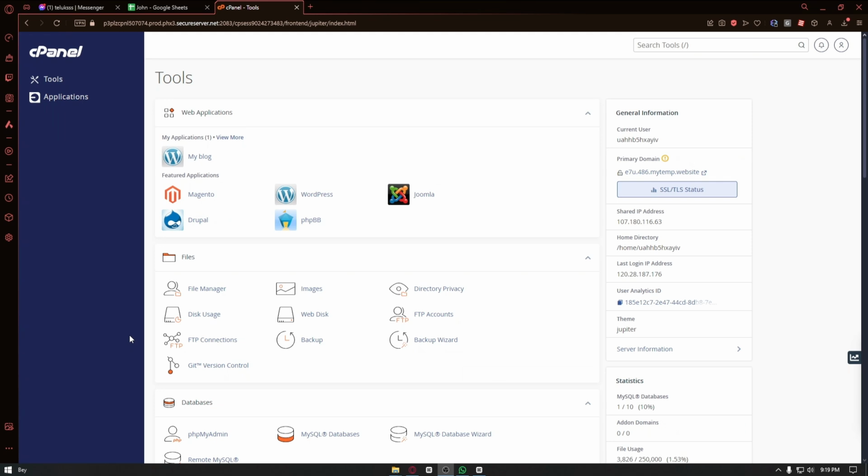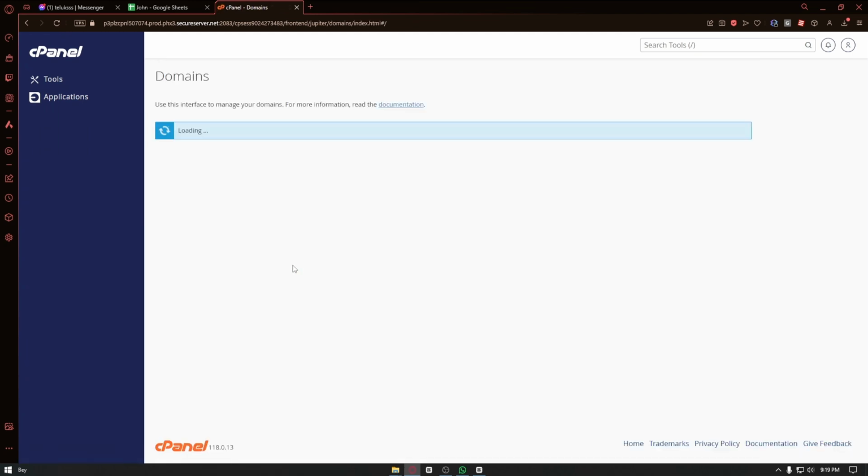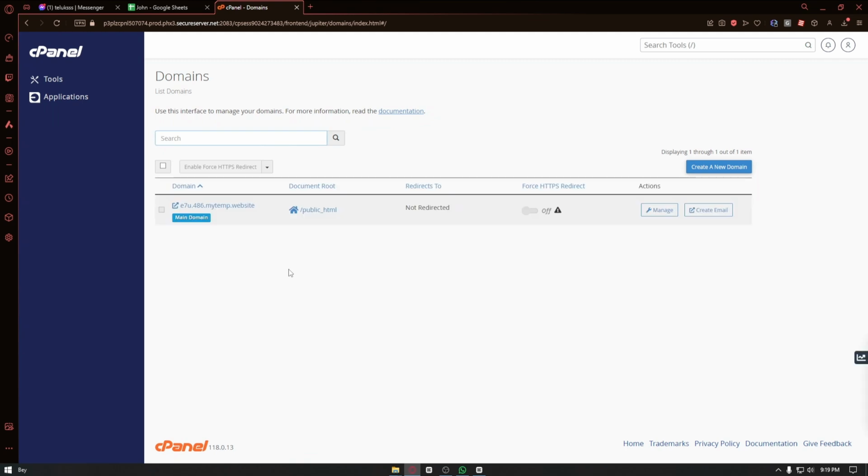Once inside, you can just go ahead and scroll down until you come across the domain sections. From here, we have the site publisher, domains, redirect, zone editor, dynamic DNS. You can just go ahead and click on domains, and now it will take us to the domain of our website right here. You can just go ahead and click on create a new domain because we already have a